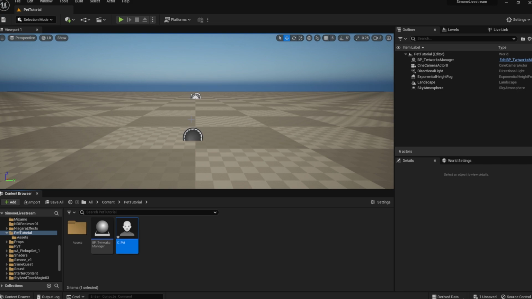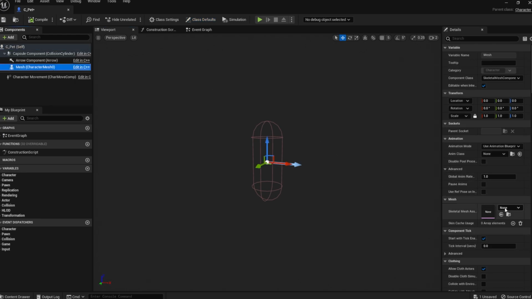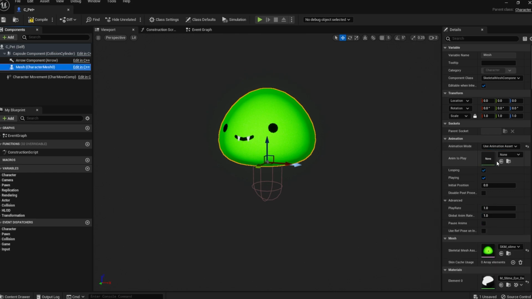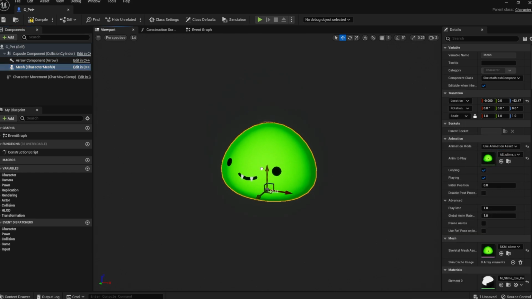So yours doesn't have to be a character class, it can be whatever you want to use to represent your chat as. So the character I'm making and the features that you're going to be able to change are just an example, so just taking the broad strokes of what I'm doing. So I'm going to open that up. So I'm going to add a skeletal mesh and just use assets I already use on my stream. I'm going to make it a little slime guy, and to keep things simple, I'll just give it an idle animation and fix the position a little bit.